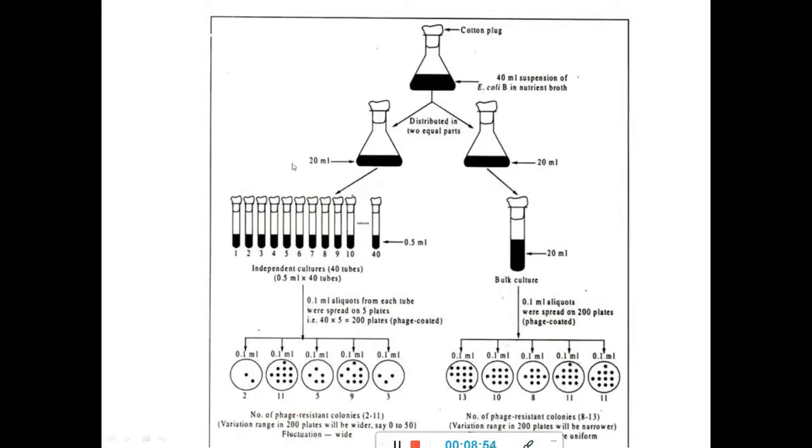And you get a consistent result over here. Whereas in these tubes, you have divided them initially into different tubes. If the mutation happens only in this tube, and it happens in the 4th generation, you would probably get only a small number of cells. But in the tube corresponding to this plate, the mutation probably happened at the very beginning, maybe in the 2nd generation or even the 1st generation, resulting in the formation of more E. coli which are resistant to the bacteriophages. So that is the result that